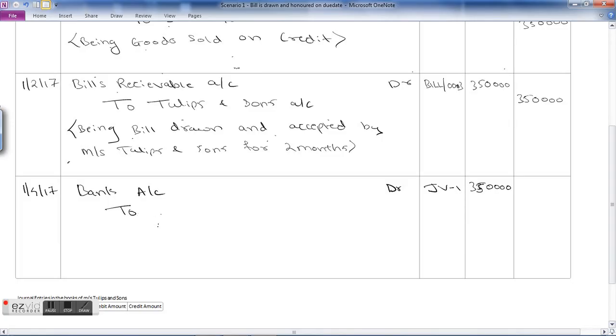Now there is no balance in Tulips and Sons account. Instead of that, a bills receivable asset has been created. Now on the due date, Tulips and Sons will pay the amount, and Arun Private Limited will return the bill to Tulips and Sons. So there is no more asset known as bills receivable which is signed by Tulips and Sons. So we'll be crediting this asset, to bills receivable, 3,50,000,